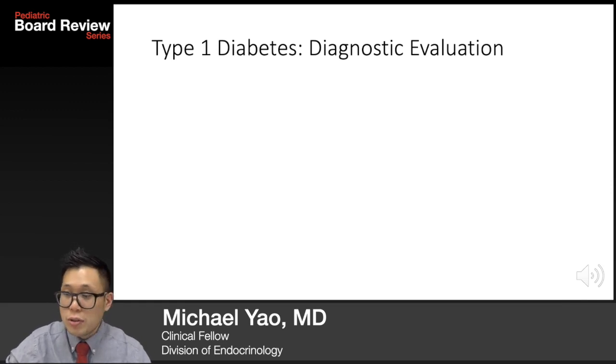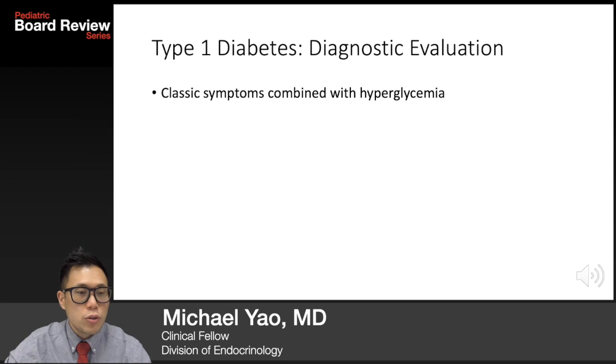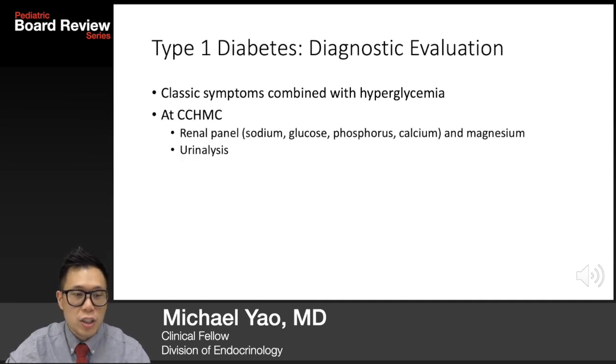The board also wants you to plan appropriate diagnostic evaluation of new onset type 1 diabetes. So evaluation for type 1 diabetes should occur when there's classic symptoms of diabetes combined with hyperglycemia. Here at Cincinnati Children's, our usual diagnostic evaluation includes a renal panel, which has a sodium, glucose, phosphorus, calcium, and